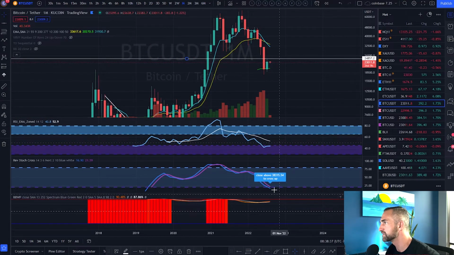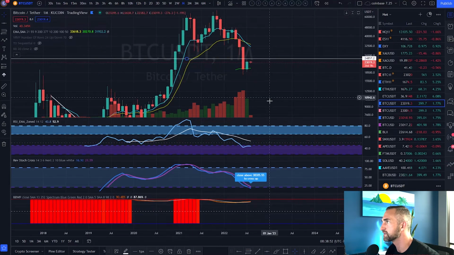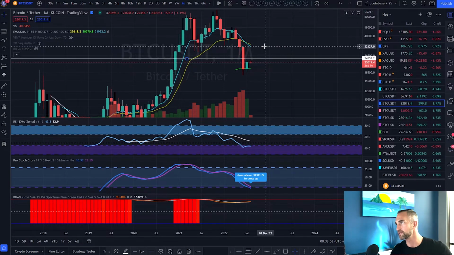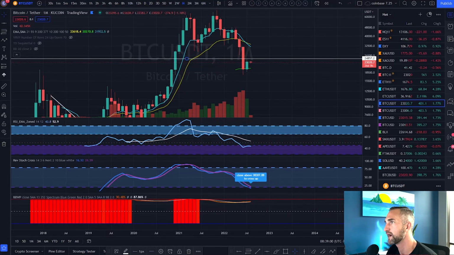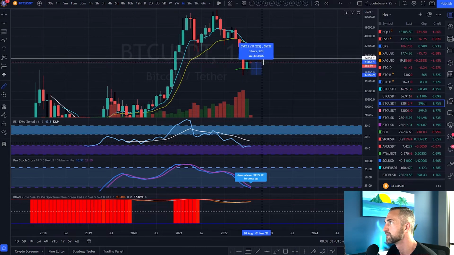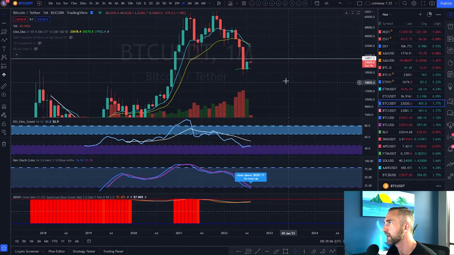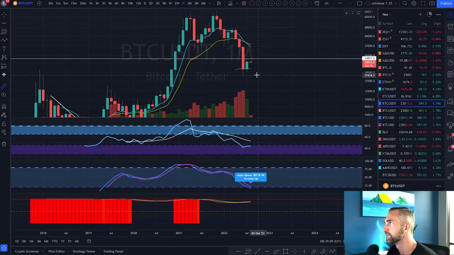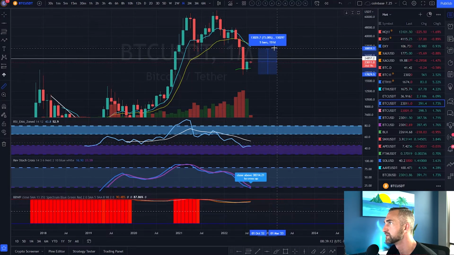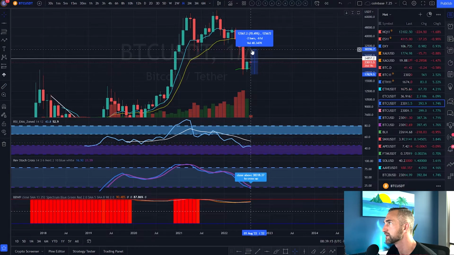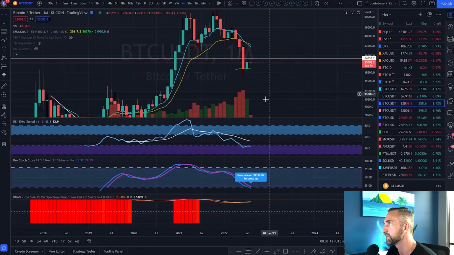However, the monthly Stoch will not cross back up unless we get back above 38,300, which, where is that? 38,300. And technically, after getting this big downwards move, it is not unforeseen for Bitcoin to have a little bit of a bear market rally. And, you know, from the low to the high right now, we are up 39%. Bear market rallies can easily get up to 50%, which, where would that be? Right here at 30,000 bucks. That's 70%. That would be a big one.